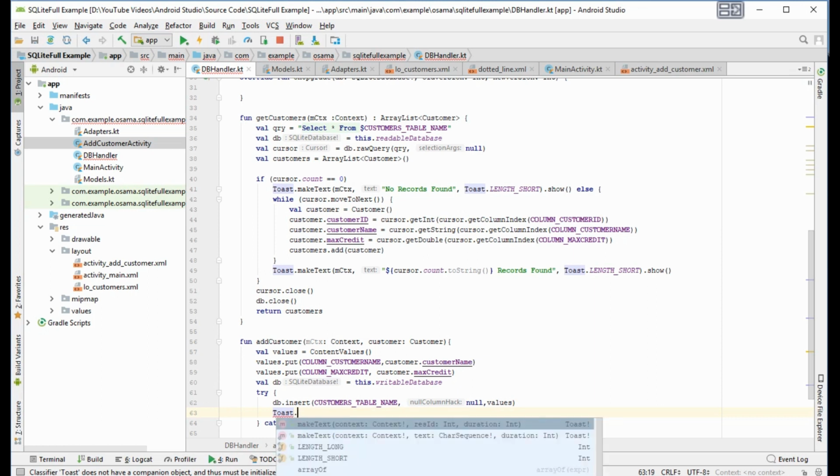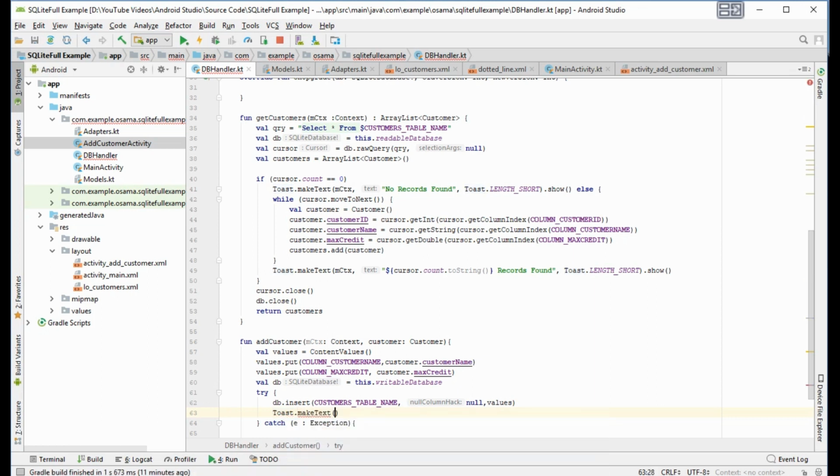and Toast.makeText mCtx, "Customer added", Toast.LENGTH_LONG.show.